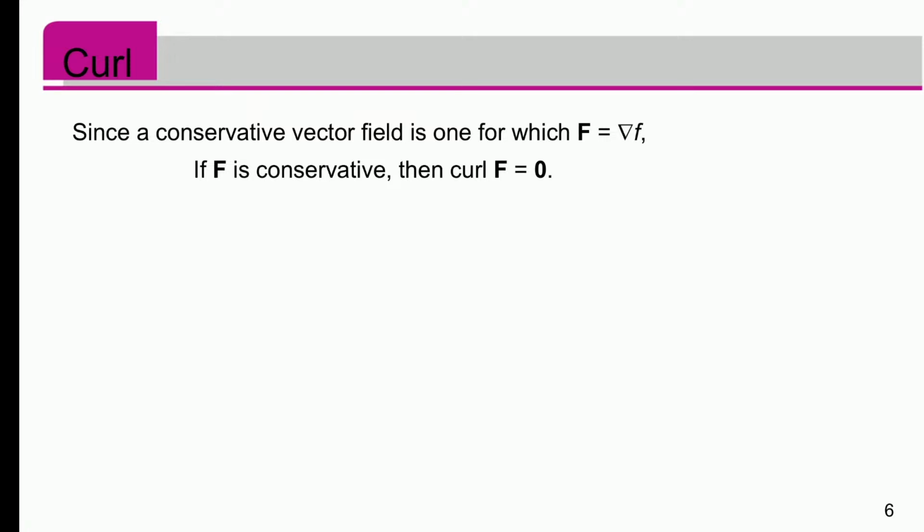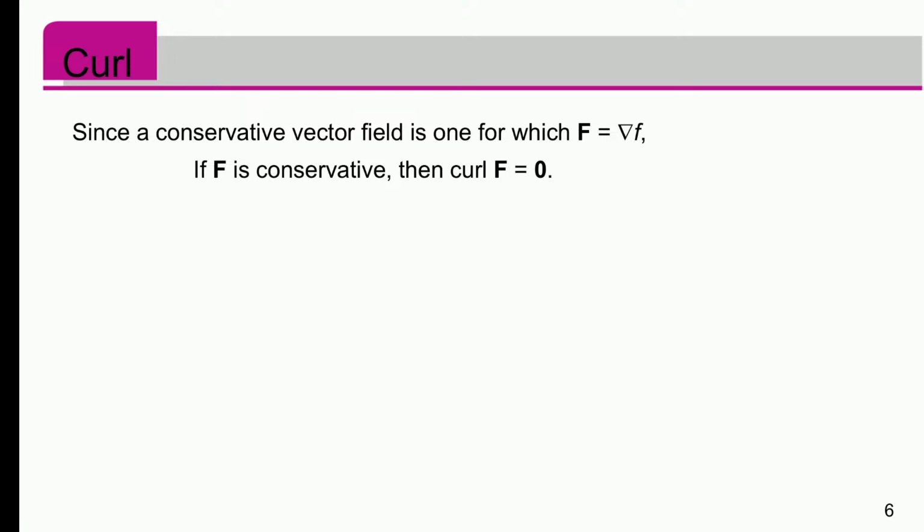So curl is 0 for a conservative vector field, interestingly. And so that's one way to check to see if you have a conservative vector field, is just compute the curl and see if it's 0. If it is, then conservative. And of course, once you know something's conservative, you can apply the fundamental theorem of line integrals,